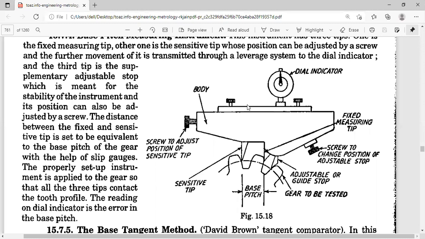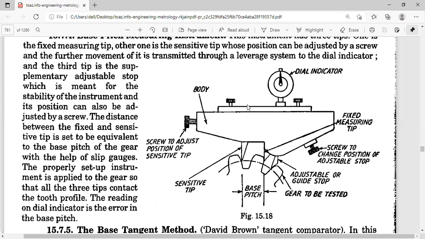After you put the 2 dial gauges on the adjacent teeth, you index the gear through successive pitches. You adjust the setting and index the gear through successive pitches until you get a constant reading on one of the dial gauges. Suppose you name the dial gauges A and B. After indexing, you get a constant reading on dial A, or adjust the reading on dial gauge A to 0, or whatever you can do.